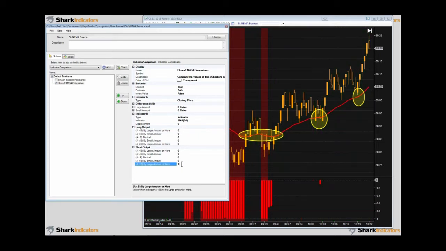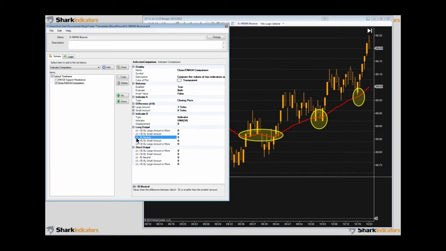What we want to know is when A and B are essentially equal to each other, or neutral. So I do need to set this to 3 ticks. So if I use this output setting here,